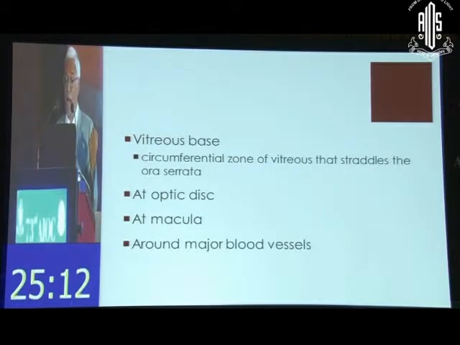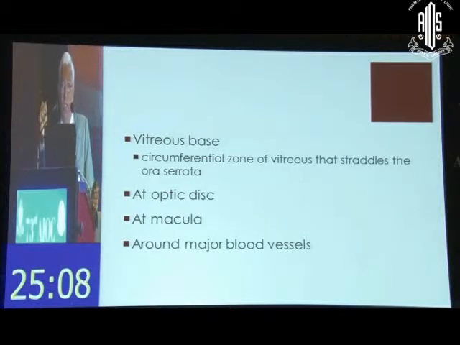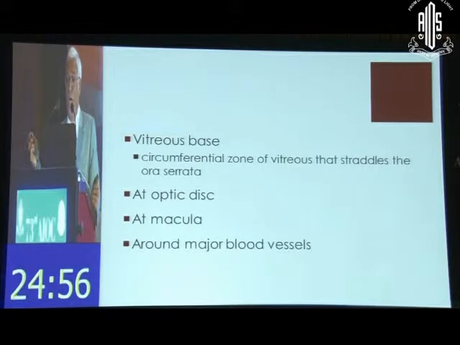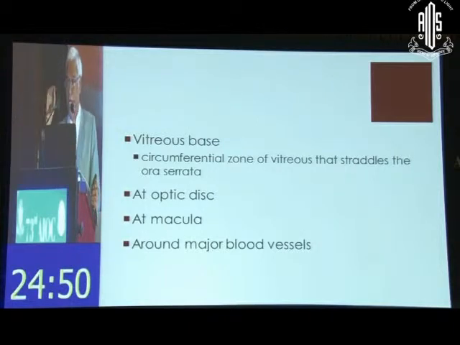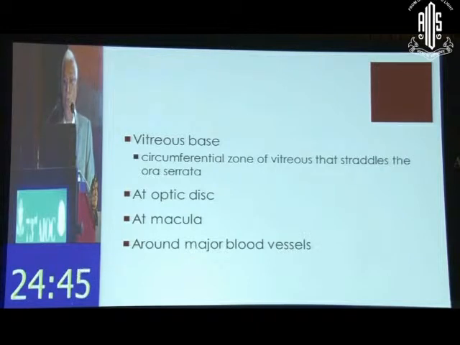You can have an attachment at the optic disc which is relatively strong but not very strong. You can detach it. In fact, that's perhaps the first area where spontaneous PVD starts occurring. That's where you get the Weiss ring. At the macula, again plus minus, not a very strong attachment, but you can have problems of what they call anomalous PVD. Anomalous PVD is where the vitreous doesn't detach cleanly from the retina, but tends to leave behind areas of undetached hyaloid, which proliferate and cause a parietal membrane, etc., etc.